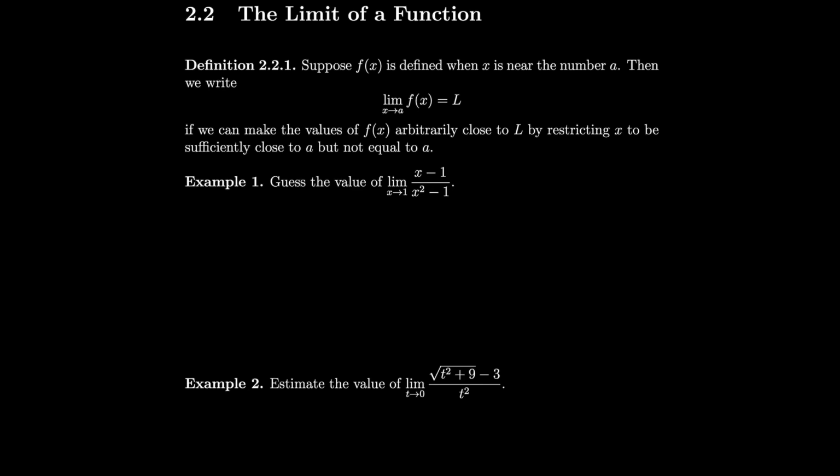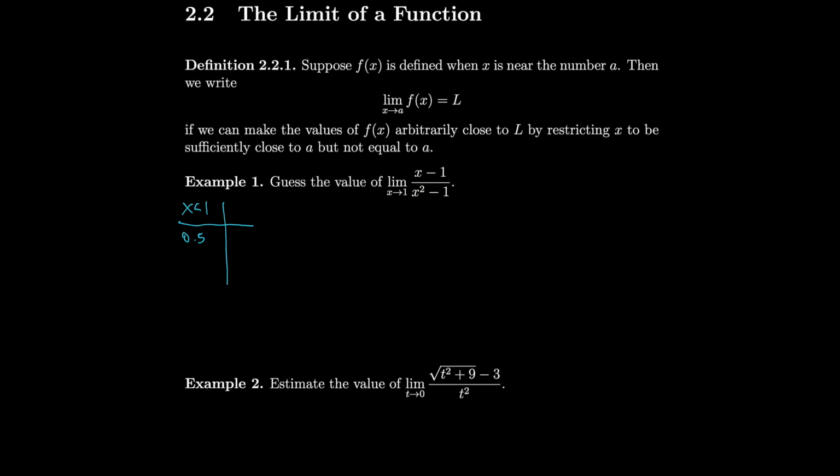So as an example, let's guess the value of the limit of x minus 1 over x squared minus 1 as x approaches 1. To do this, again, we'll make a table of values for x values that are near 1 but not equal to 1. So let's look at values that are smaller than 1 first. For example, we could look at 0.5. When we plug in 0.5 for x on the top and bottom, we get